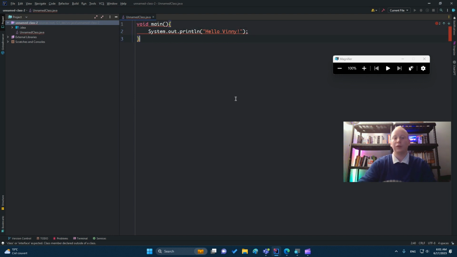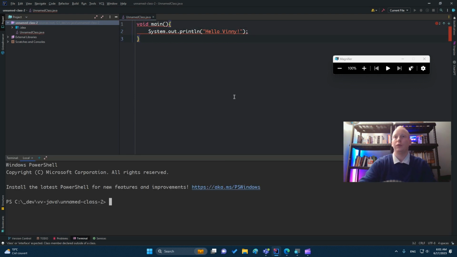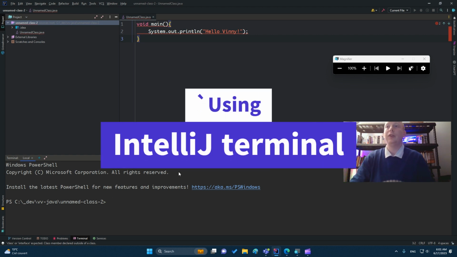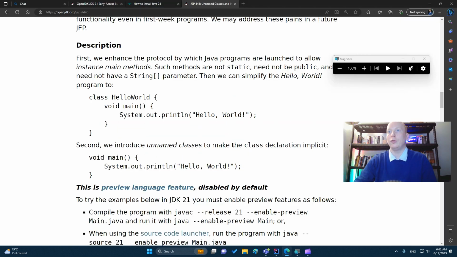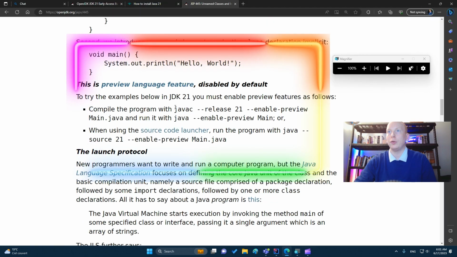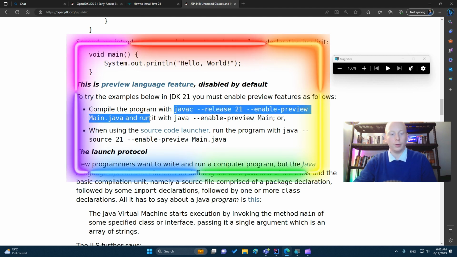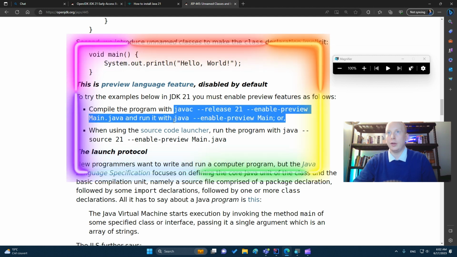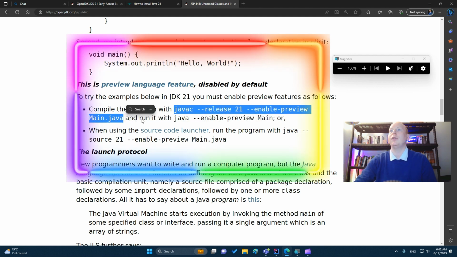and to use this, Alt F12, I open the terminal of IntelliJ. I go back to the website of the proposal to check how to write the compilation and execution statements. So I will copy that: javac --release 21 --enable-preview and the name of the class.